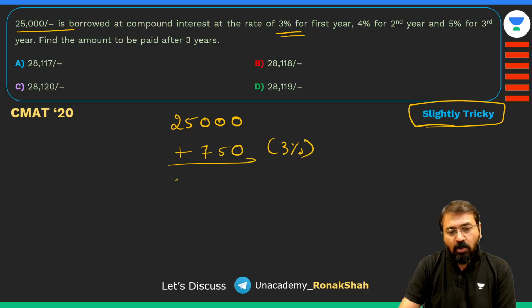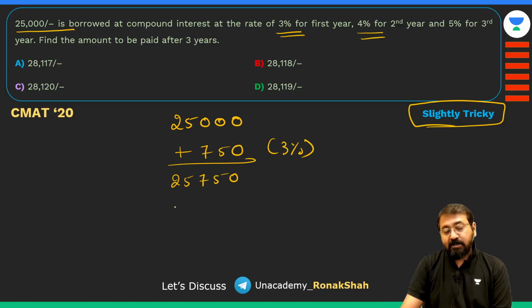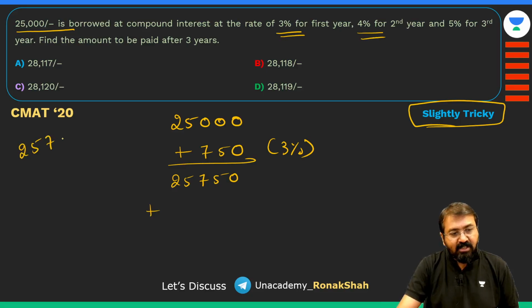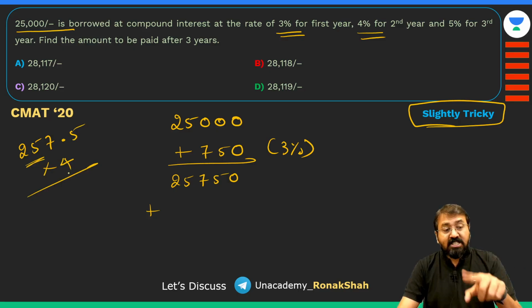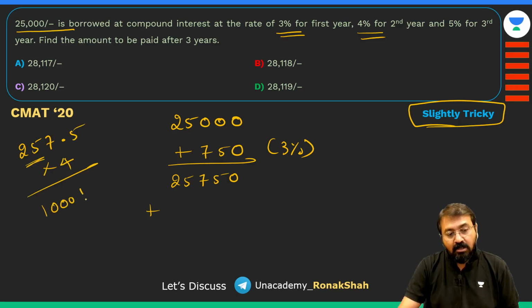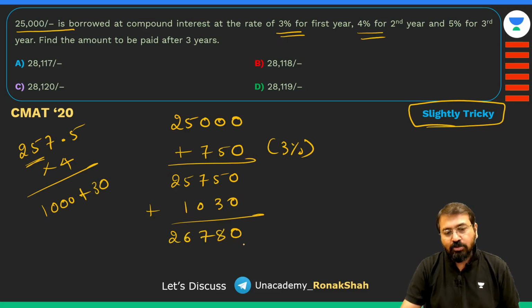तो मेरा टोटल कितना हो गया 25,750। अब दूसरे साल का 4% है, तो 25,750 का 1% कितना होता है 257.5। तो इसका 4% कितना होगा, 4 से मल्टीप्लाई करो तो 250 का 4 टाइम्स होता है 1000, प्लस 7.5 का 4 टाइम्स होता है 30, तो ये हो गया 1030। तो टोटल कितना हो जाएगा 26,780 हो जाएगा।